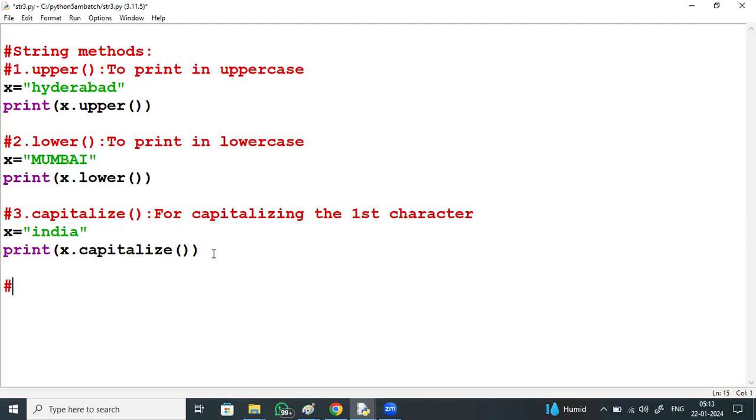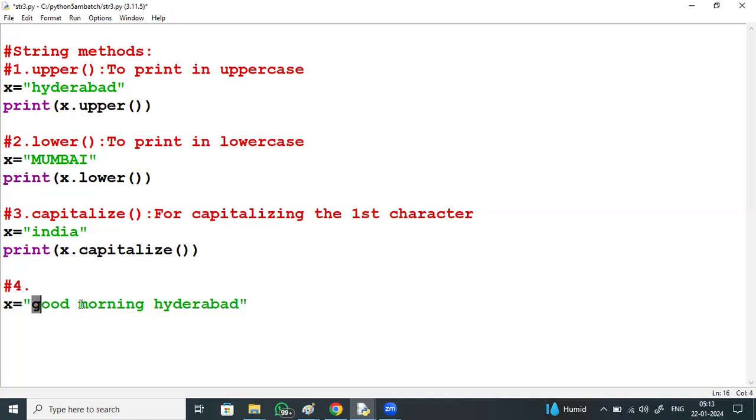Next, for example, x equal to good morning Hyderabad. How many words are there? 3 words. In each word, the first character in uppercase.